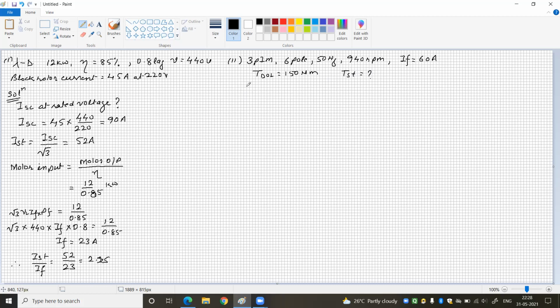Now the motor is started by star delta starter. Then what would be the starting torque? What would be the starting current, or say full load current, as well as the starting current and starting torque by star delta starter? Okay. So for this purpose, first of all, by DOL starter,